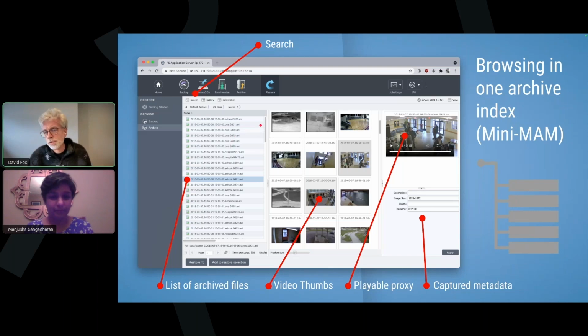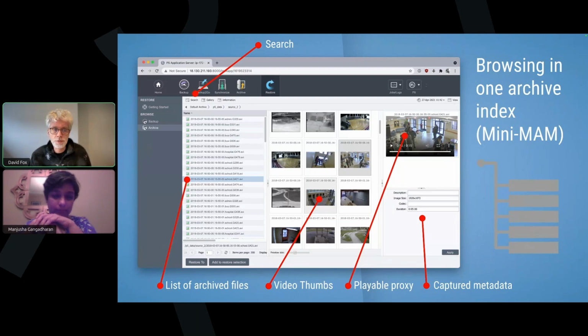And when you've archived these files and put them in this cloud storage and removed them from your on-prem storage, you'll be able to browse a directory structure that looks the same as it did when it was on-prem shared storage. Within a folder, you'll be able to see the files that existed in that folder, along with thumbnails and even a playable proxy of a media file, so that whilst you're in this index, although all this data has been migrated to the cold cloud storage, you can still search and see and identify which files you have,